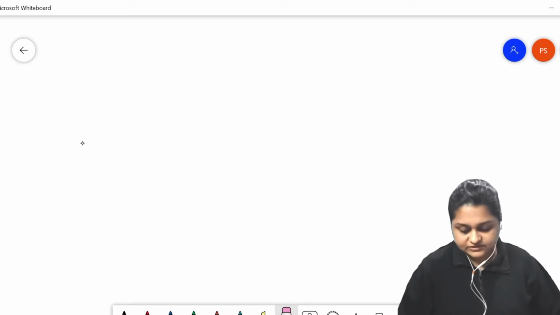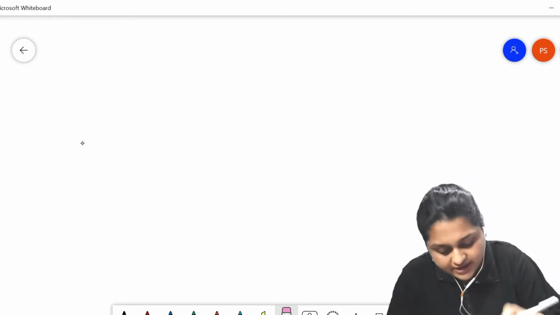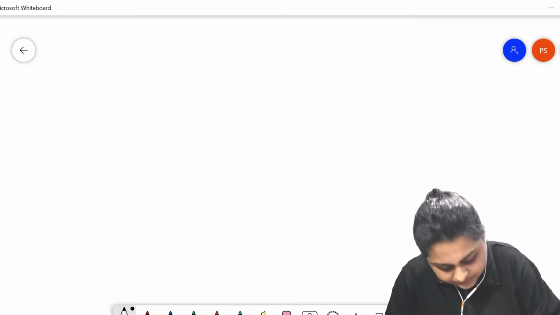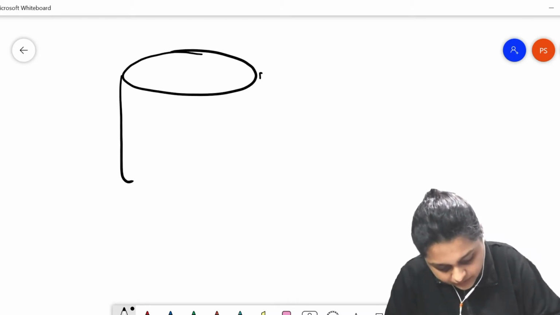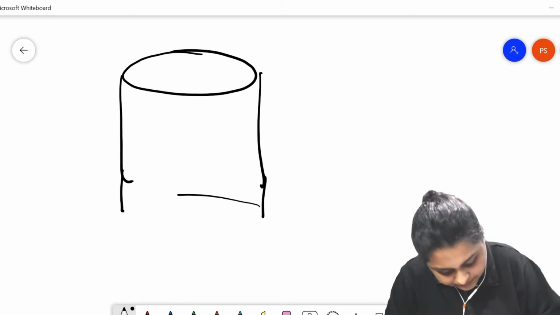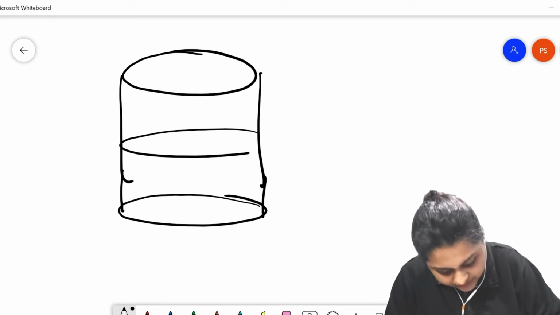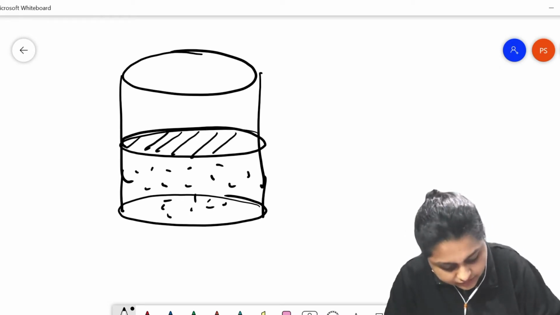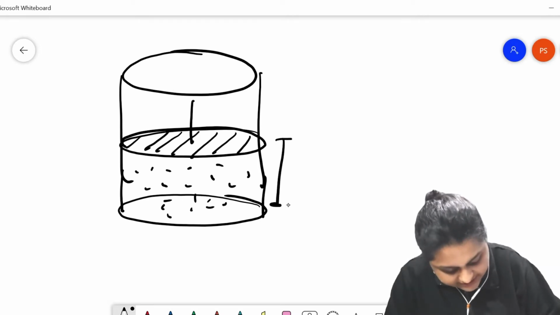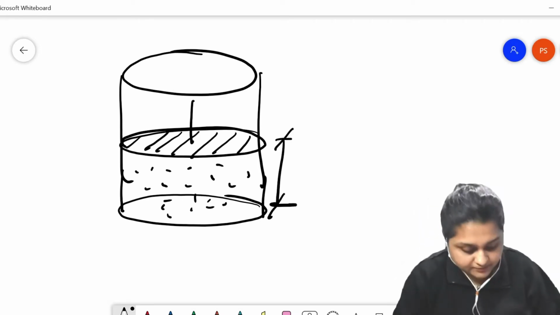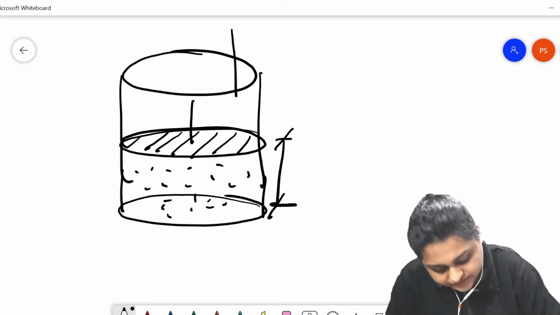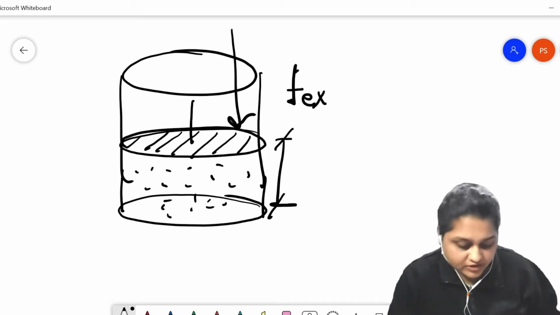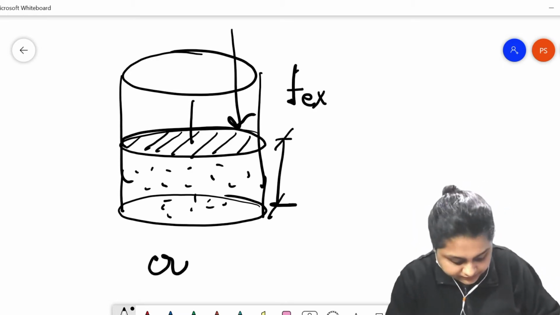Now, to define pressure-volume work, we can take an example of a situation, a chemical transformation. Let's assume that this is a beaker. In this beaker, a certain amount of gas is enclosed. This gas is enclosed with a piston. The piston is at a certain distance from the bottom of this beaker. Now, if a certain amount of external pressure, let's say Fex, is applied over this piston, which has a cross section area